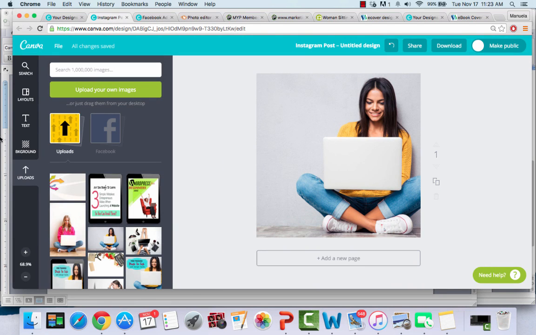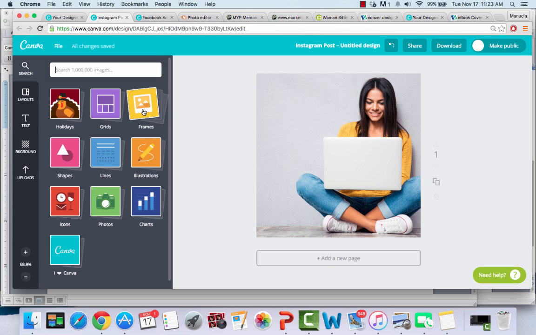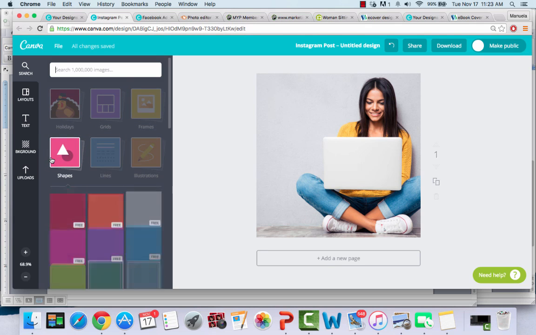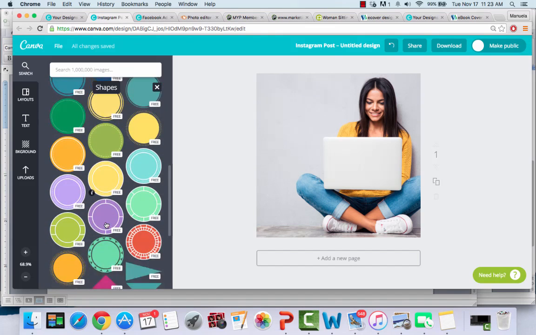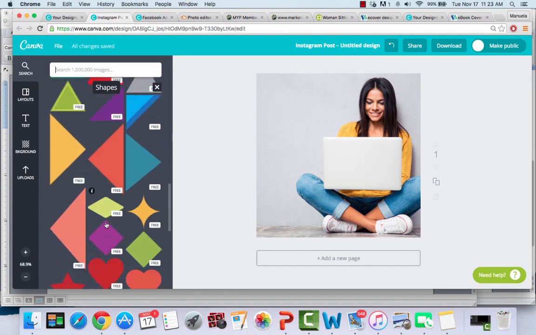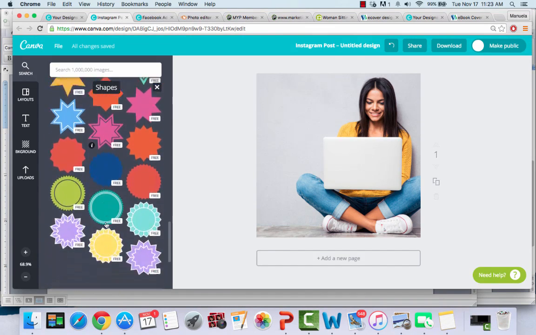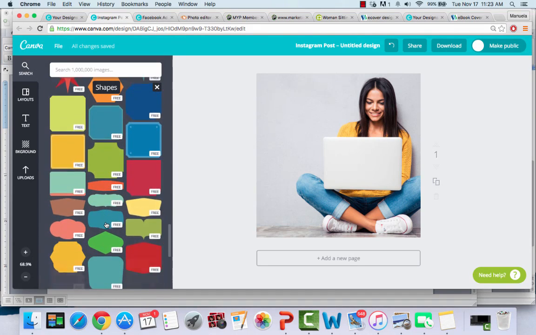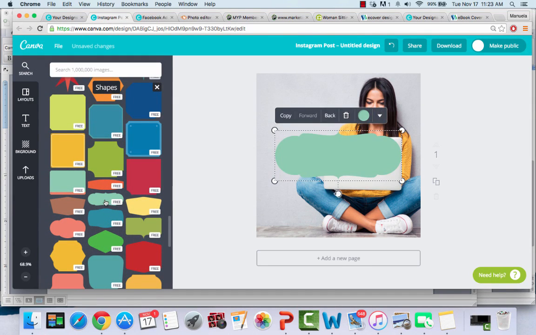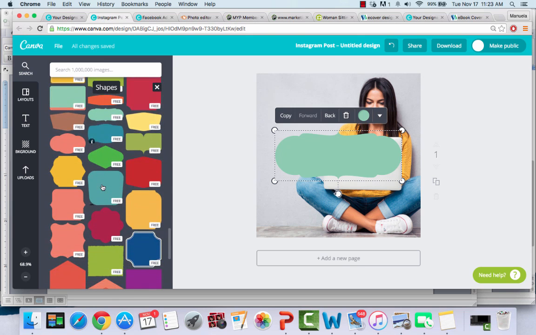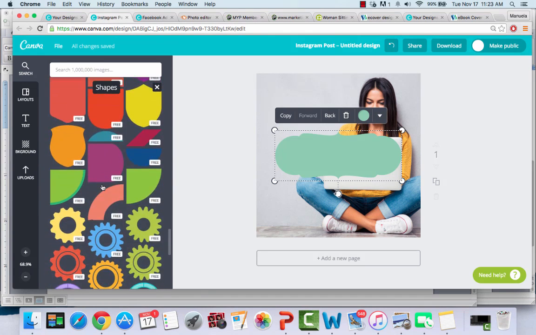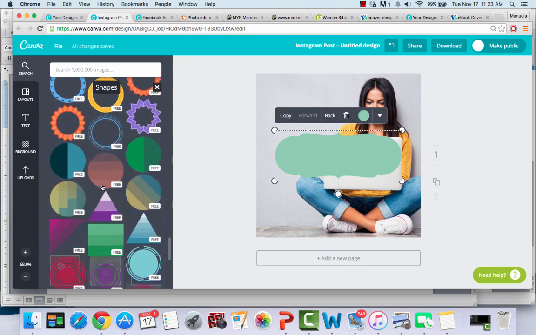So I have her picture here. And what I did was I went here and I looked at shapes. Shapes is all the different shapes that I can choose from. And I just went through and I found a shape that I liked. Let me see if I can find that shape here again. I think it looked like this. Does it look like that? Let me see. Let me look again. Not sure if it looked exactly like that, but